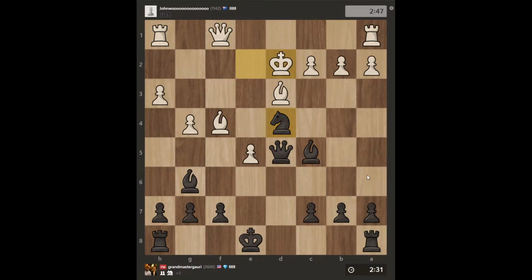Goes there. Now I'm looking for my checks, captures, and attacks. There's a check here, check back here, but that would just be repeating. There's captures all over the place. There's actually also castling queenside. The most clean way seems to be just castling, because